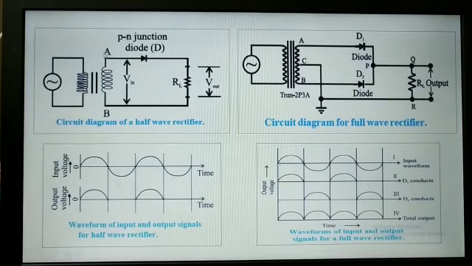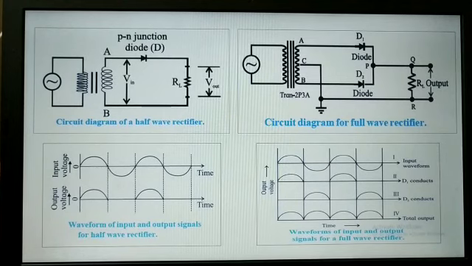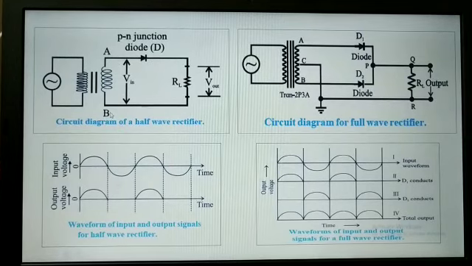Now A is negative and B is positive. So when B is positive, A is negative, like the negative side of an external battery is connected to the positive side of the diode, and the negative is connected to the positive of the external voltage. So right now the diode is in reverse bias condition.